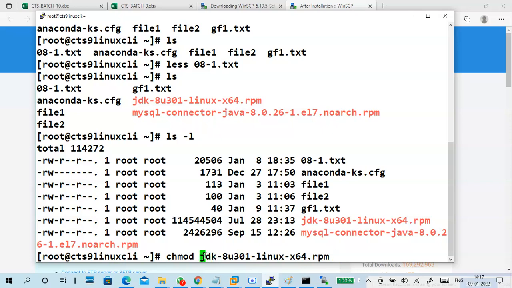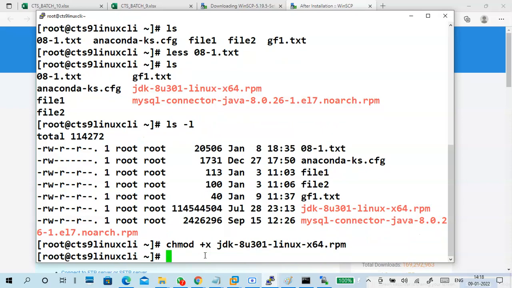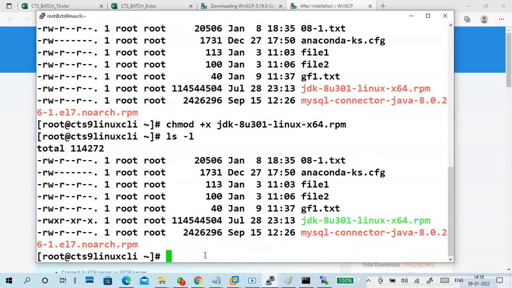Tell me. Execution, because it's an RPM file, compulsory execute permission should be there, but it's not, hyphen X. chmod plus X. Now it has turned green.